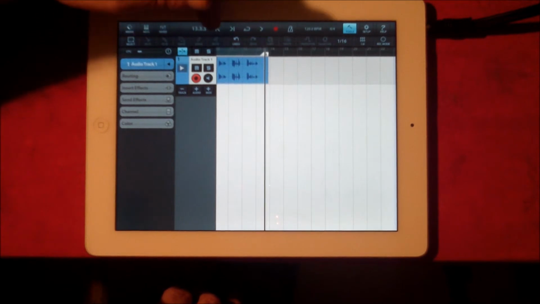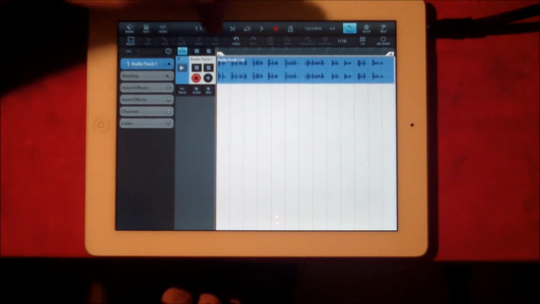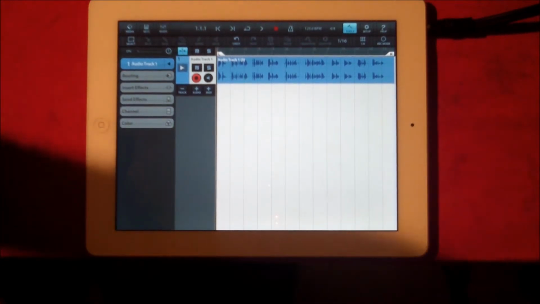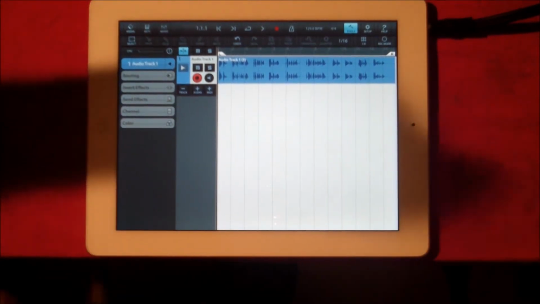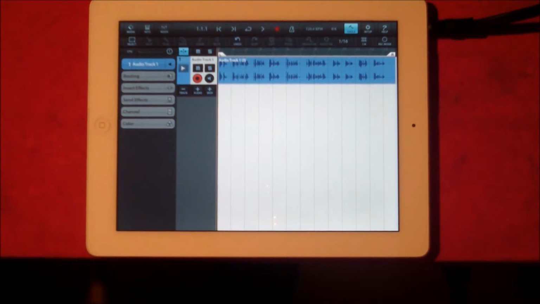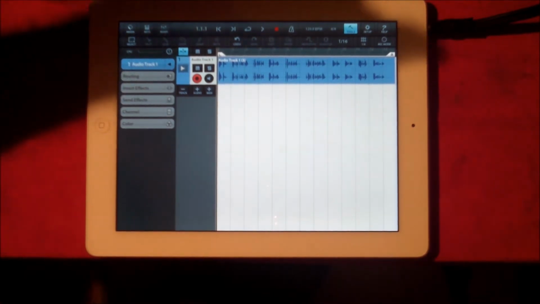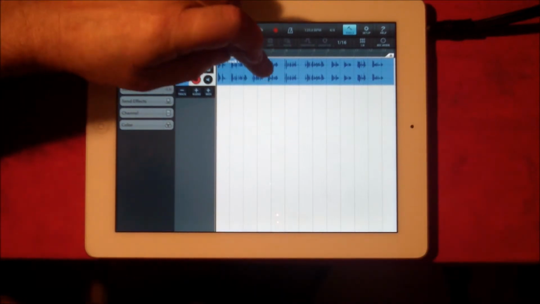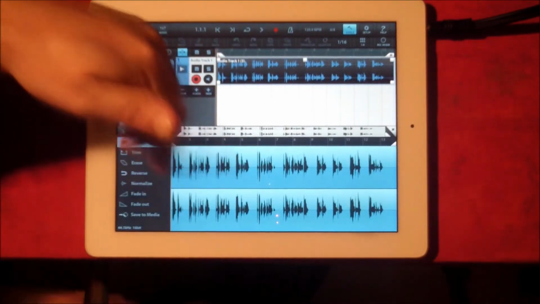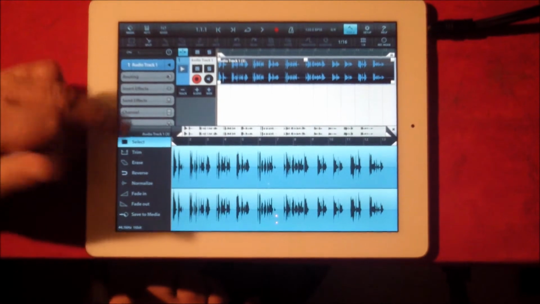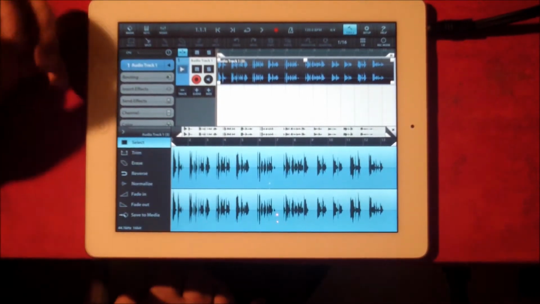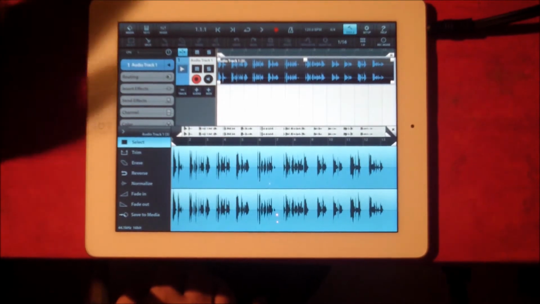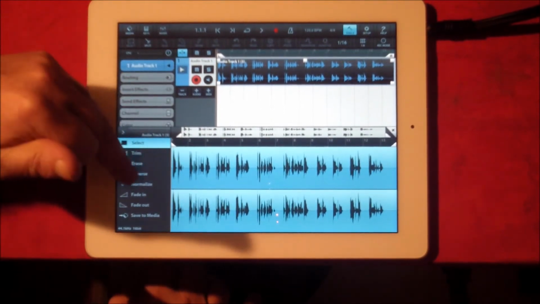Okay, so there you go. So there's that happy little verse there. So first of all, what we're going to do with this is, and if I make a few mistakes, don't worry. You'll still get the idea. But what we're going to do first is double click this and it'll bring up the waveform, and we're going to see down here we can trim, erase, normalize, fade in, fade out, and we can save it to media. So what we're going to do is reverse